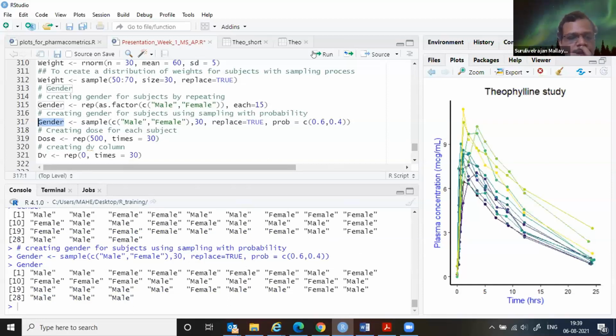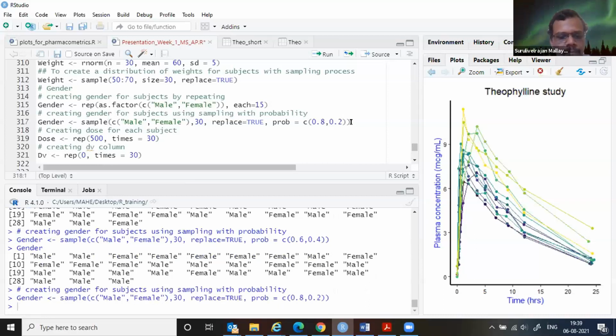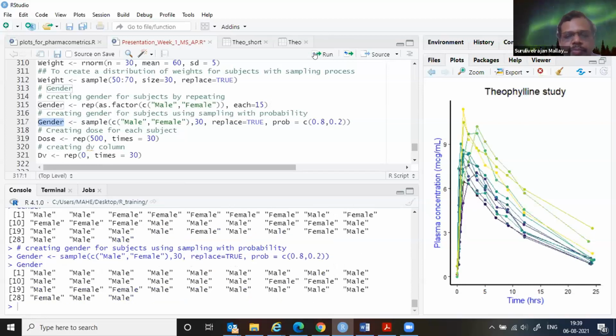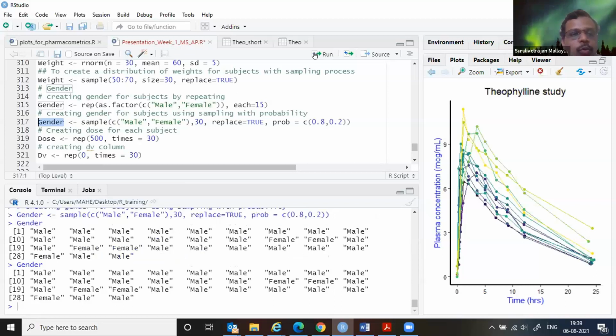Yeah, we have to count and see. Yes, it looks like more females are there. If you want to see it easily, let me put 0.8 male and 0.2 female. Yeah, pretty much now it's predominantly male. So this is one way. What happened?